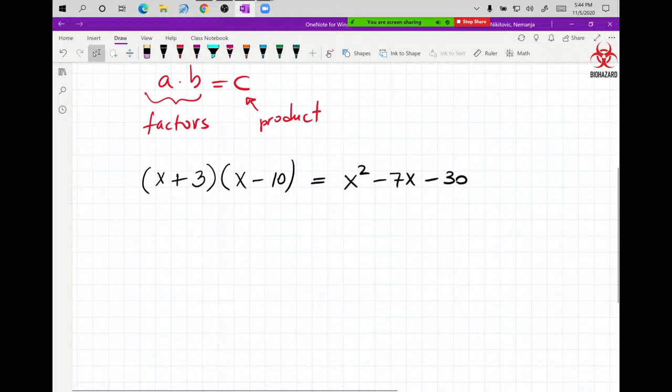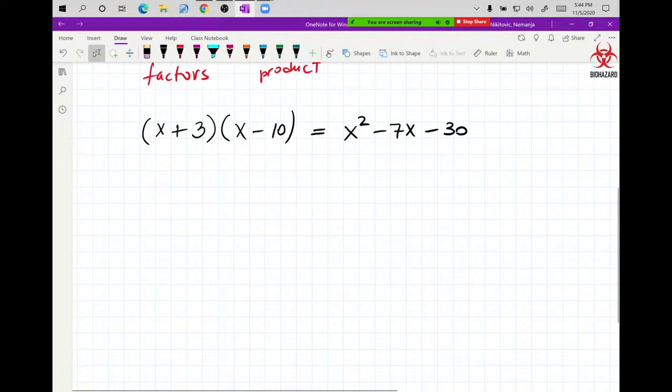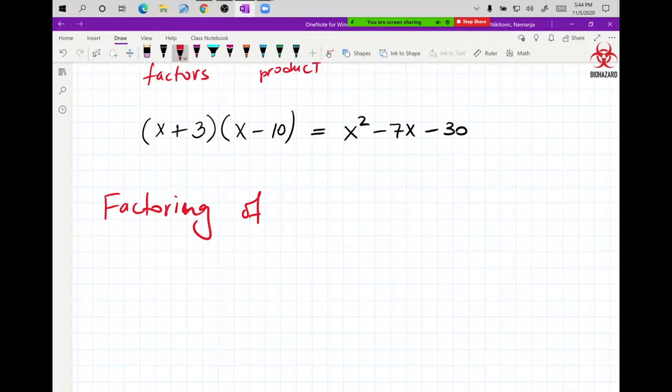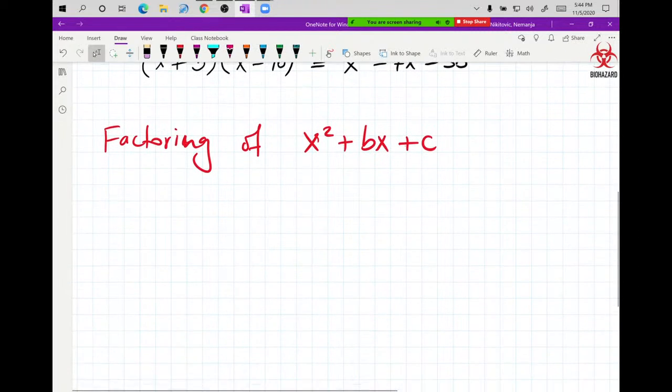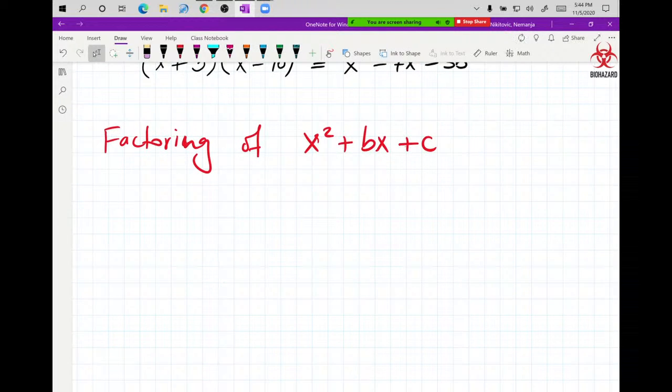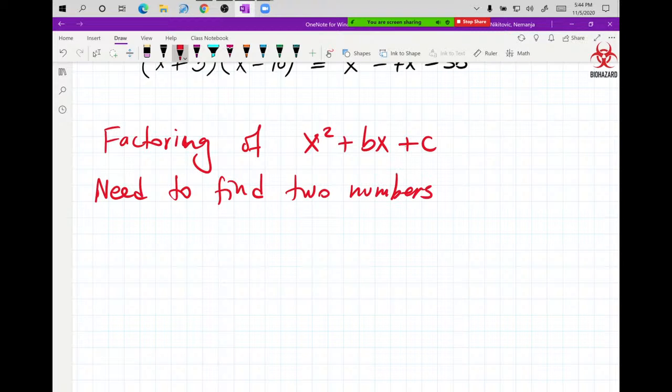Now, how does that help us with factoring, which we want to do today? So factoring x squared plus bx plus c. All right, so here's the way it goes. Need to find two numbers, call them m and n,